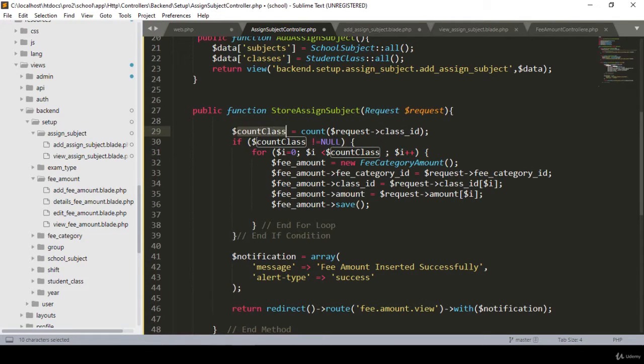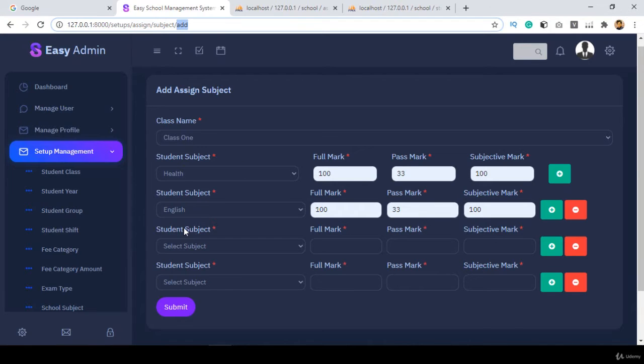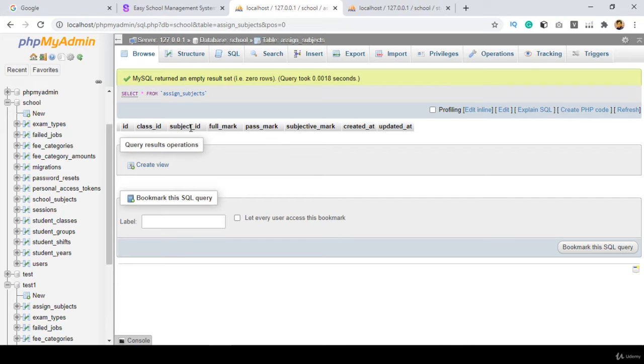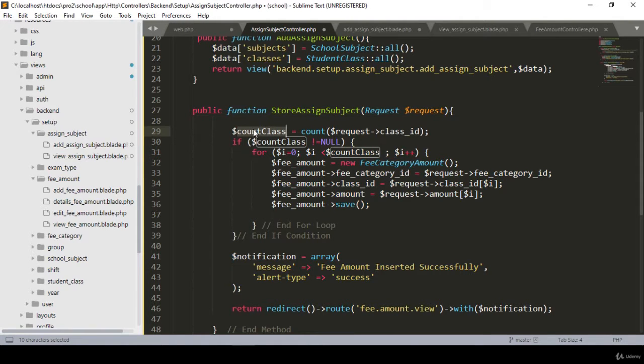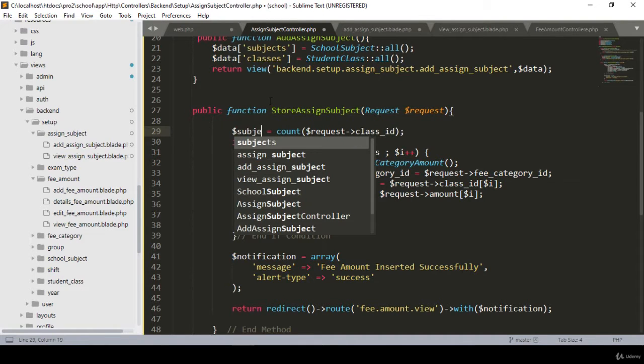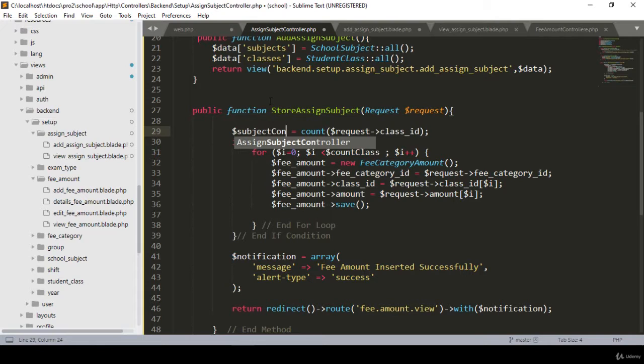Because here we have to get all that data by this subject. So that is actually all that subject, and if you go, that is our subject ID, right? So now I want to take it. I name a variable. I just name it subject count. So this type of variable I simply take, and then in a count